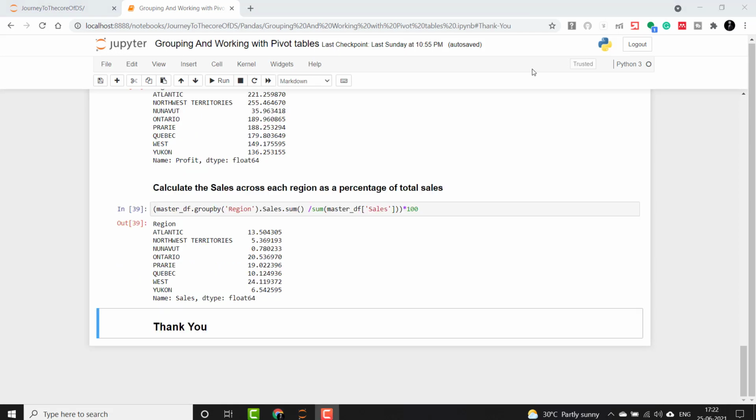Until now we've been working with the data without making changes or additions to it. In the next section we will create new columns, alter existing columns and apply some more grouping and summarizing operations. We'll also see how to apply lambda functions and use pivot tables in the next sections.